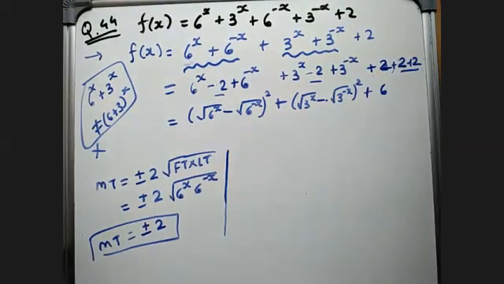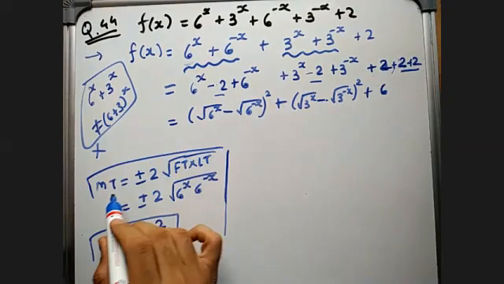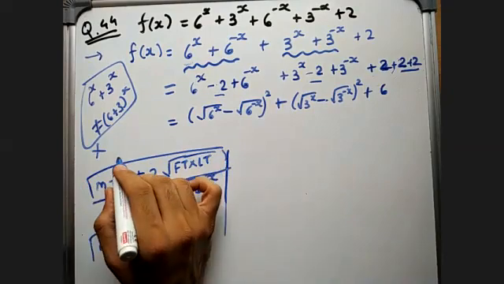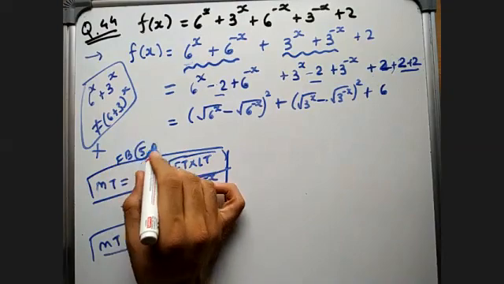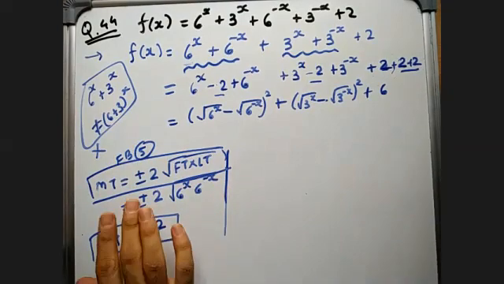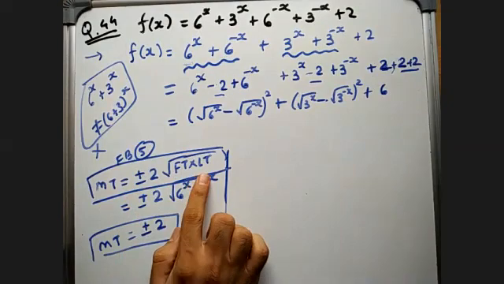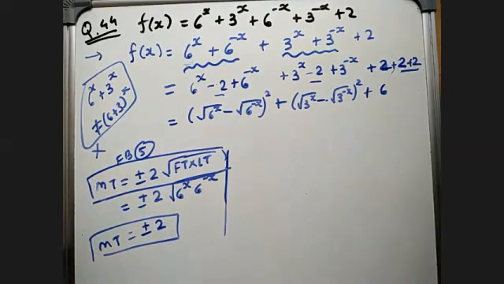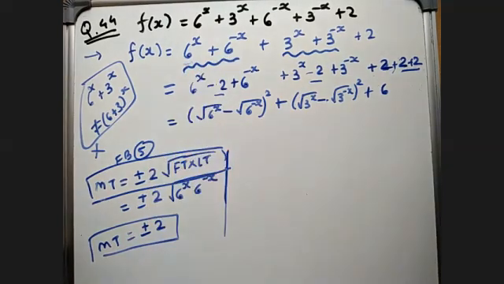Now, just as I showed you the formula for the first and last term, similarly there is a formula for the middle term. You have to write this in your formula book 5 times. Or if you simplify over here, from here only you will get the formula for the last term, that is, middle term whole square by 4 into first term. So my middle term can be plus or minus 2 times square root of first term into last term. Here my first term is 6 to the power x and my last term is 6 to the power minus x. So 6 to the power x and 6 to the power minus x, it will be 6 to the power 0, that is 1. So we'll get over here plus or minus 2.